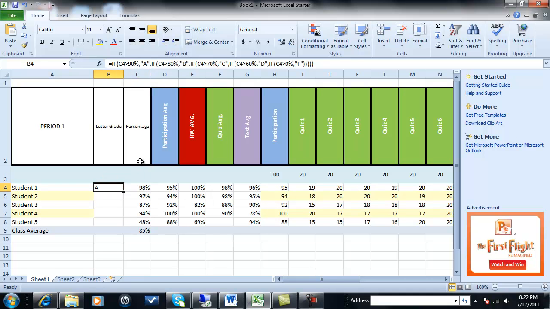to a grade letter. And this is the IF formula. You're going to start with equals, as we always do with our formulas, and then IF, and parentheses C4, we're looking at this percentage right here, C4 is greater than 90%, comma, then it's going to record an A. And we tell it to do that by putting it in quotation marks, comma, IF parentheses C4 is greater than 80%, comma, quotation marks B, quotation marks, comma, IF